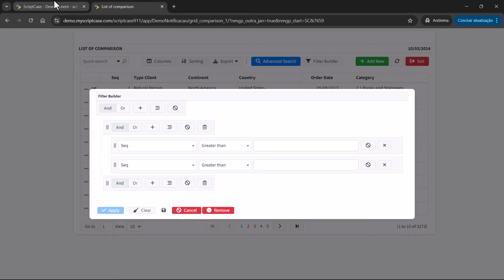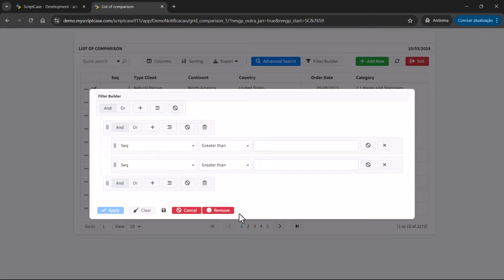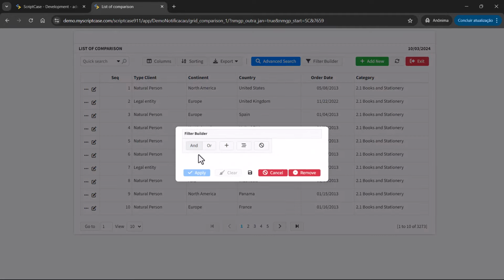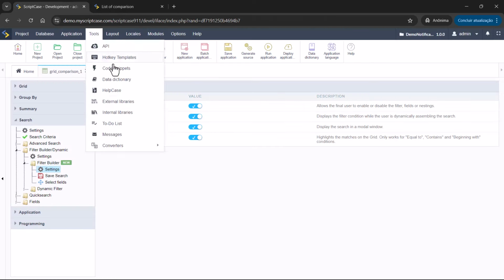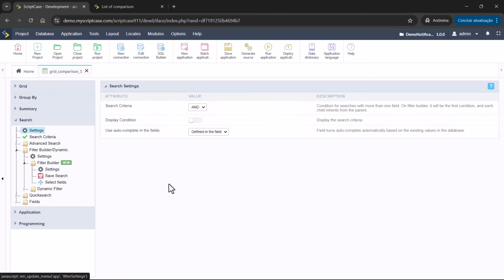Okay, so back here to the development environment. The main condition, for example, you will note that when we open the filter, it will be already selected here. It's an AND. Okay, you can select this option inside the main settings here. As we can see, the AND is being applied here as the default condition.